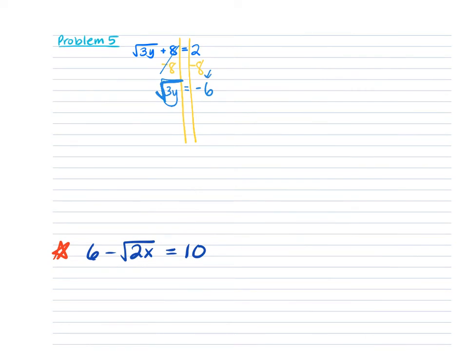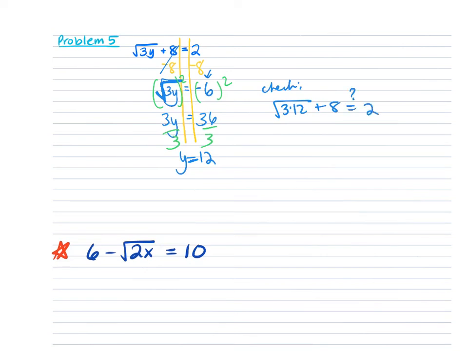So watch what happens here. We square both sides. This becomes 3y, and this becomes 36. And when we divide by 3, we get y equals 12. But when we check our solution, so you should always be checking, 3 times 12, square root plus 8, does that equal 2? This is 36, the square root of 36 plus 8, that's 6. 6 plus 8